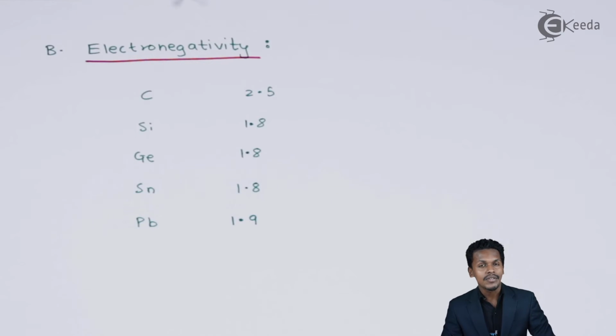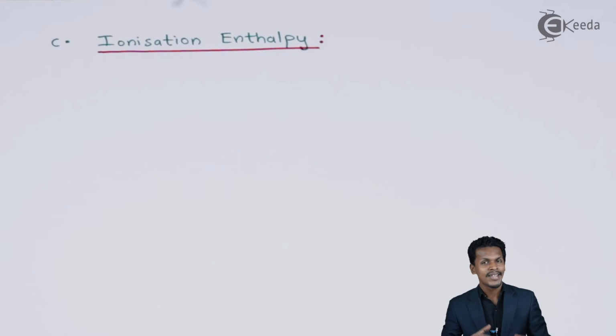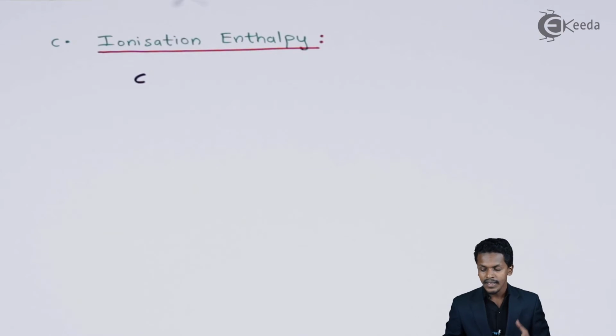So that's it, and now let us move on to the next property, that is ionization enthalpy. So what is ionization enthalpy? As we have known earlier, it is the minimum energy that is required to remove the loosely bonded electron, and here also we could find variations in ionization enthalpy. Talking about carbon, since it has the smaller atomic size, removing the outermost electron is very much difficult. So for carbon, the first ionization enthalpy has been found to be